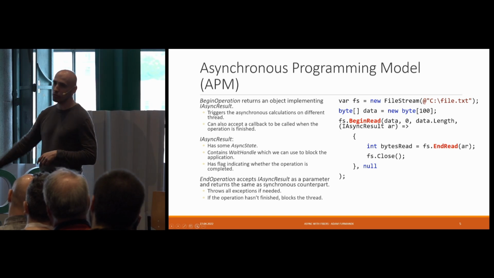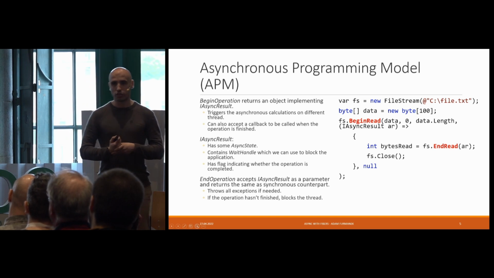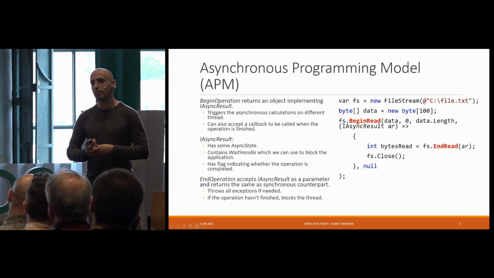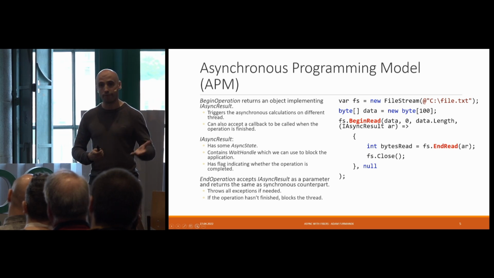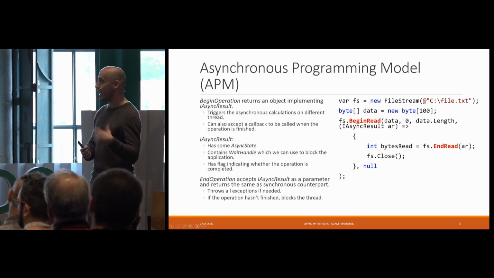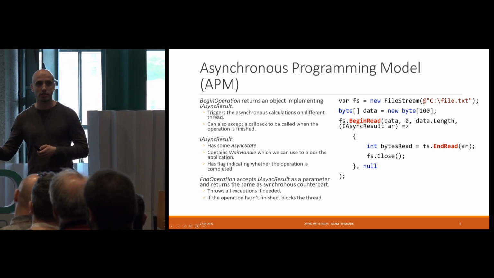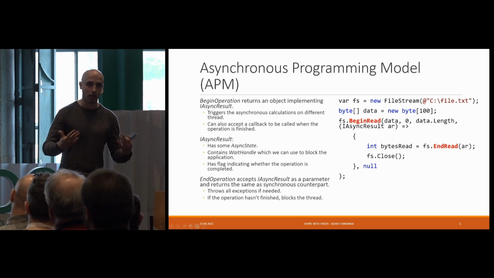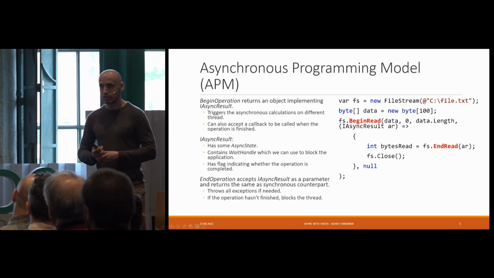And the first thing we could use to do that was Asynchronous Programming Model, APM for short. So we had this pattern in C# language, which was based on 2 methods, one of them named begin something, and the counterpart named end something, which allowed us to execute the calculation on some other thread, context, something else.